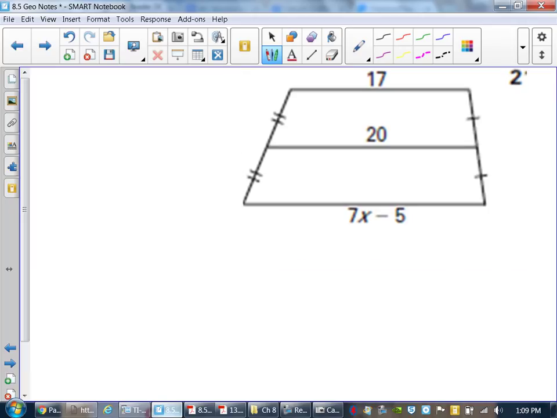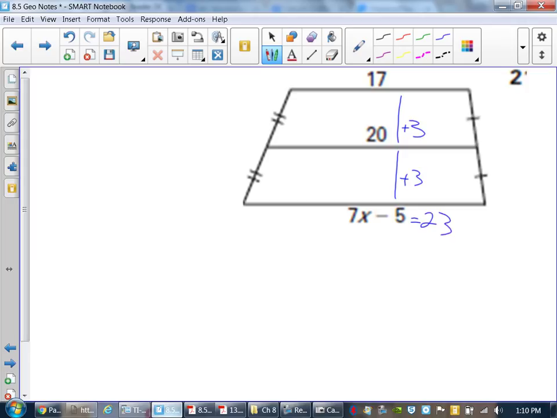Try this one doing the logic again. We have the bases, we have a numerical value for one base and we have the numerical value for a mid-segment. So let's just figure out what the other base's value is going to be and work from that. Make it easier on ourselves. So the one base is 17, the mid-segment is 20. So did you go up or down? How many? 3. So the difference between these two is 3, which means I have to add 3 more to it. It's going to equal,